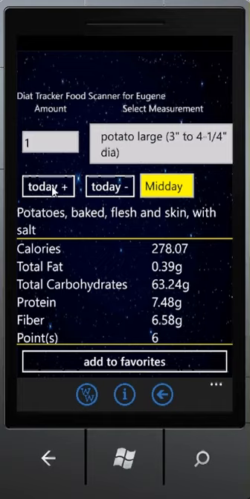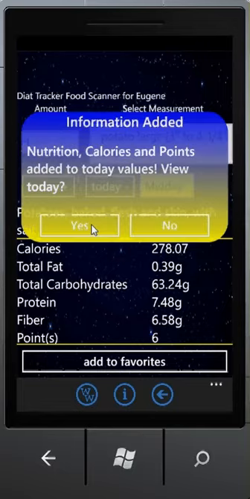But if you have eaten that before and you don't want that to stay in the food log, and you want to subtract your points and calories for today for that particular item, you can also click today minus, and it will take it out. But right now I want to just add it, so I click today plus, and I will be asked if I want to go and